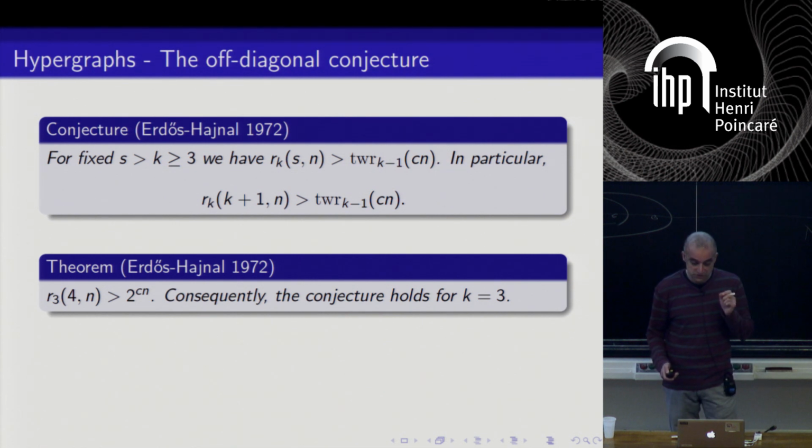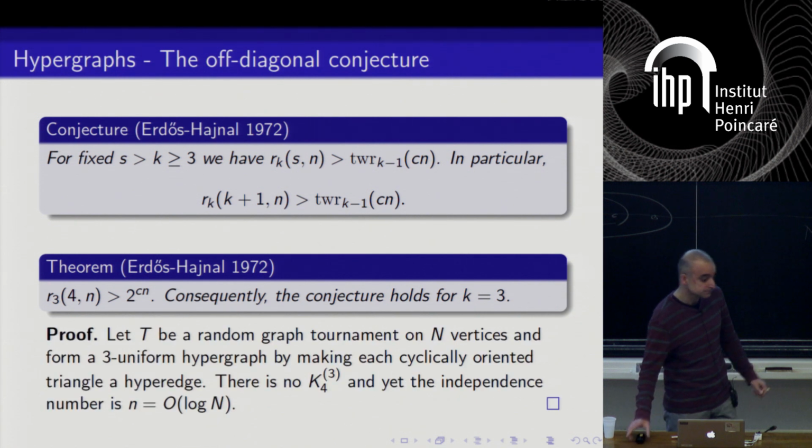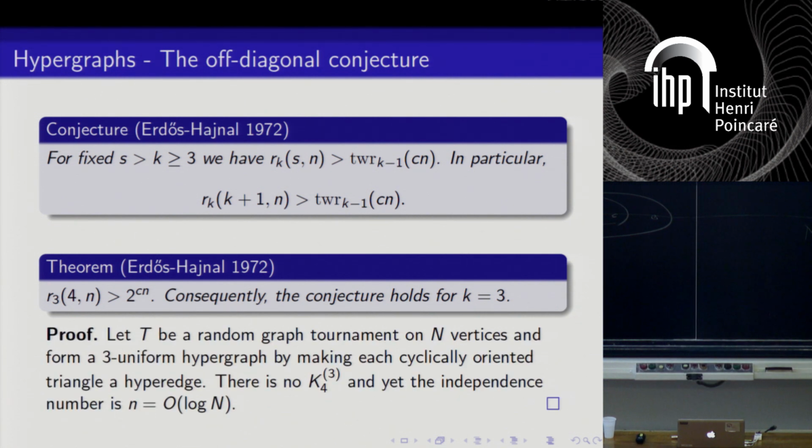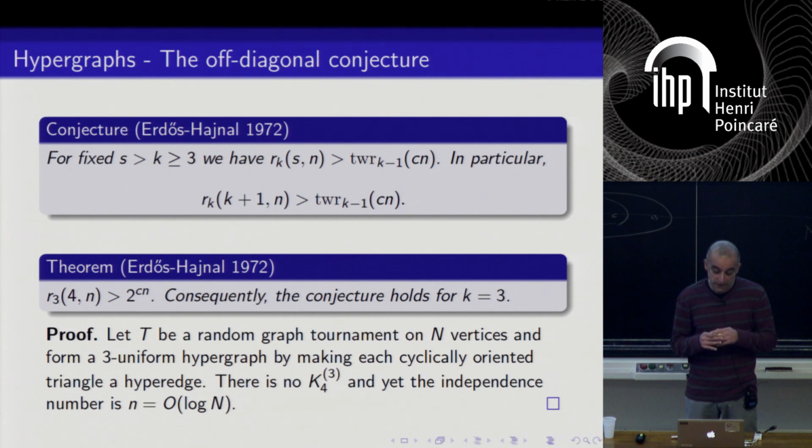So it's actually a rather ingenious construction, which tells you a little bit about how the constructions in this field go, at least one part of them, which is that you need to use a mix of deterministic and randomness at the same time. This is a classic construction of Erdős and Hajnal.